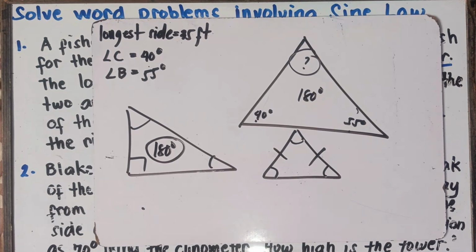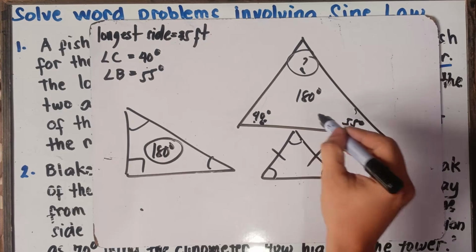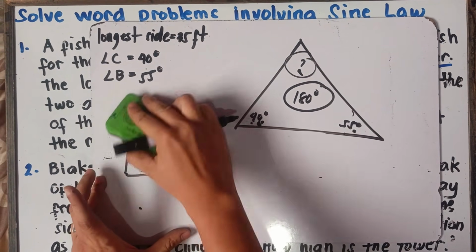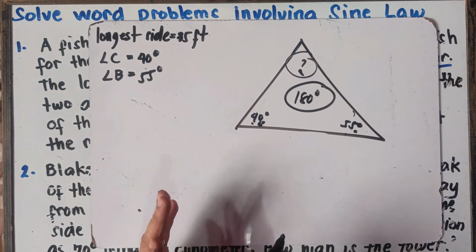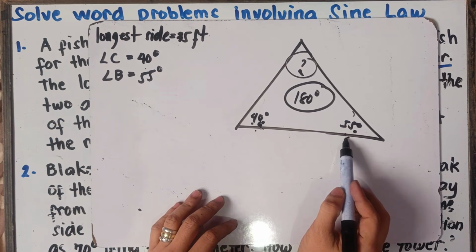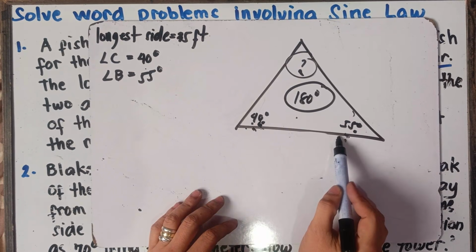In any kind of triangle, the sum of the interior angles is always 180 degrees. Therefore, class, we can find this angle. Once again, class, we can find this angle right here. By what means, sir? We can simply add this up and then subtract it from 180, right? Basic math, class: simply add this up and then subtract it from 180.